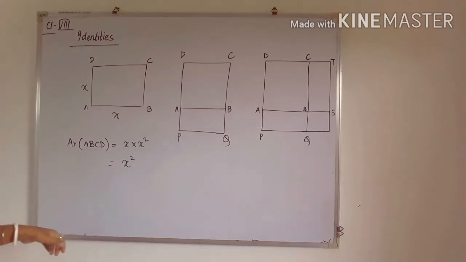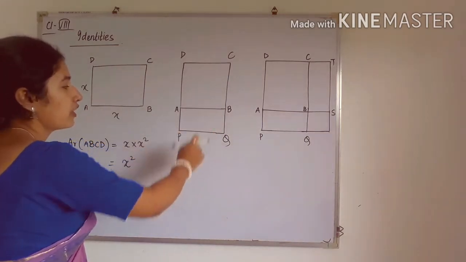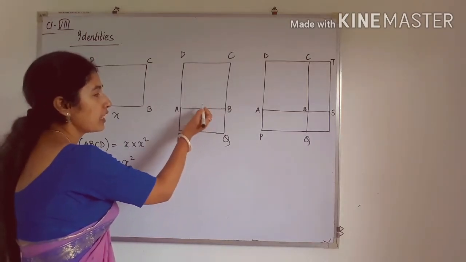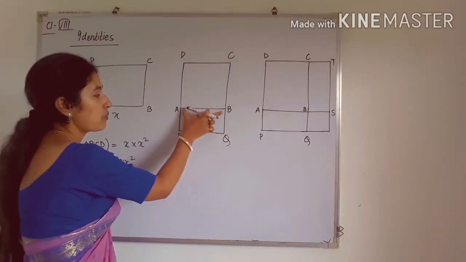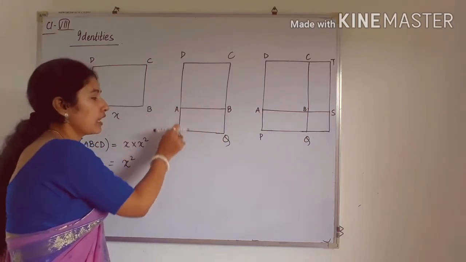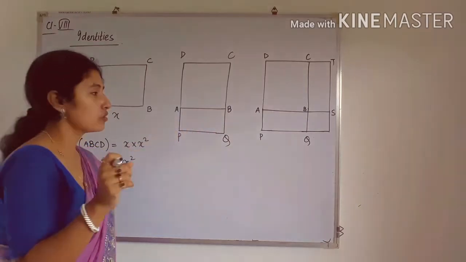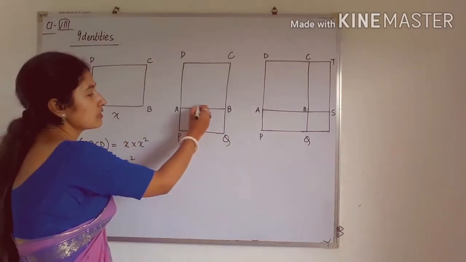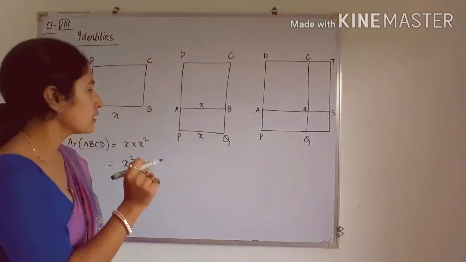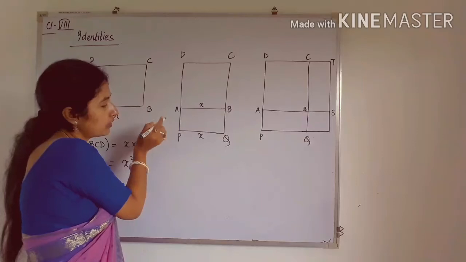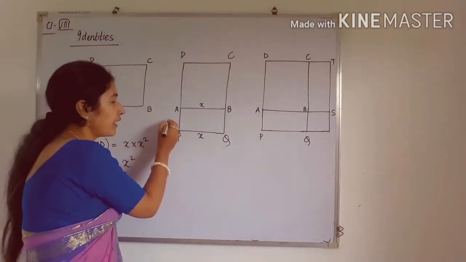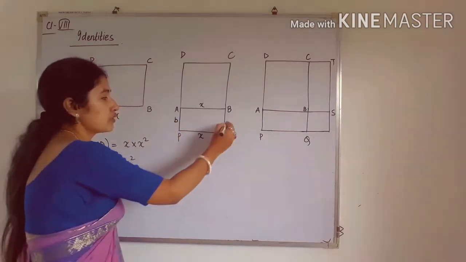So what we are doing here, see, in the first square ABCD, the area is x square. Now what I am doing, from side AB I am drawing one rectangle. Okay, so see, this rectangle has the same length as the square, because AB is equal to PQ. You can see from the diagram, because I have drawn the line very straight. Okay, so in your copy you have to do it also. So this was our x, this length, so that means the length of PQ will also be x. So let us take the length we are extending, from A to P, as B. So this will be also B.